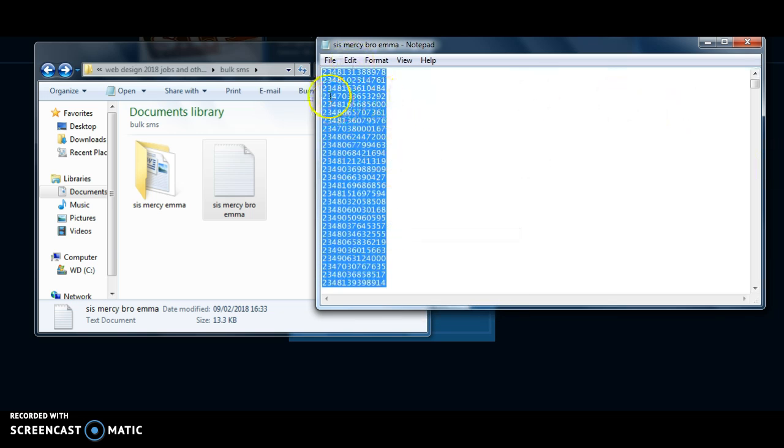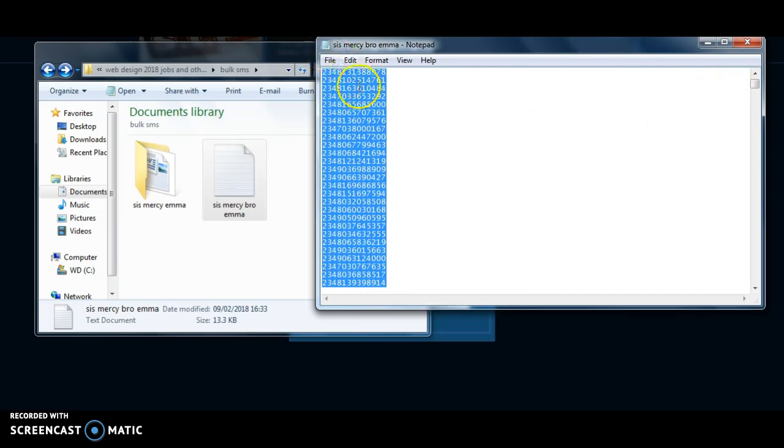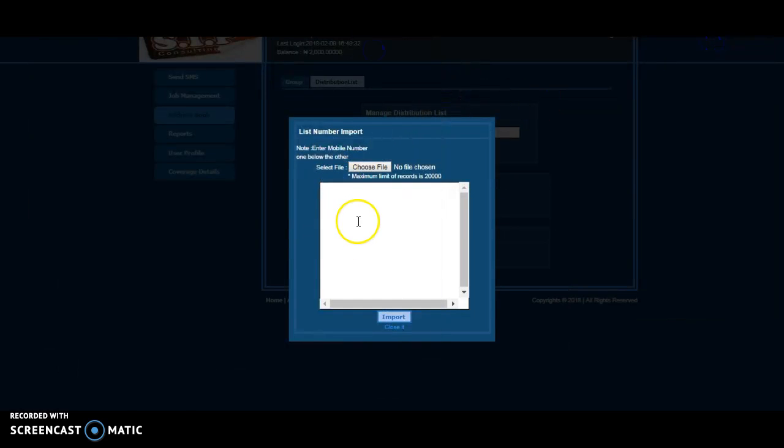Select all the numbers. You observe something, that this number is formatted straight down. It has to be straight down, and the first 0 that begins each Nigerian number is replaced with 234. So you start each number with 234, not 0. Please note that if you are entering your numbers using the distribution list, you have to go through this process. So you select all, and you copy. When you copy, you paste the numbers here,